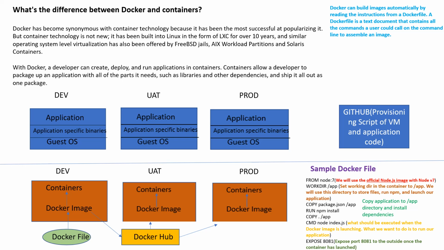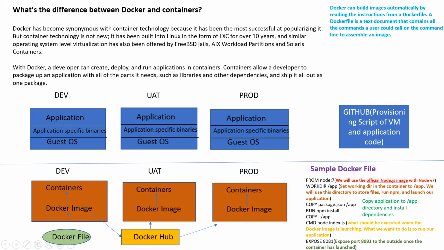The next set of lines is COPY package.json /app, RUN npm install, COPY . /app, and CMD. These three commands particularly copy the application we created earlier in our step to /app, and install the necessary dependencies with the command RUN npm install. So this is very clear. Now we have our application copied to the /app directory in our container, and we are installing the respective Node.js binaries using this command. Now the binaries are ready, and the application code is also ready.